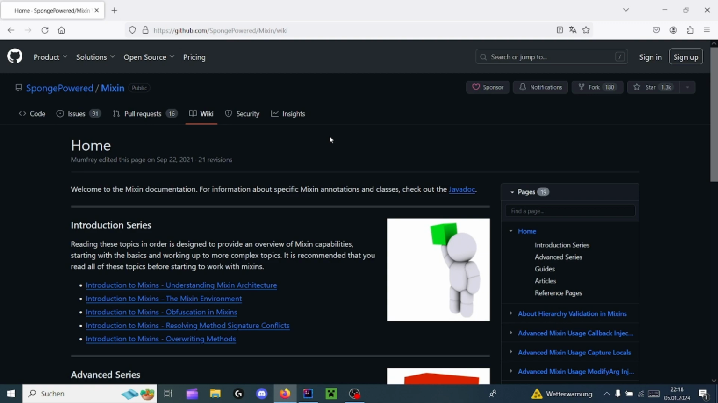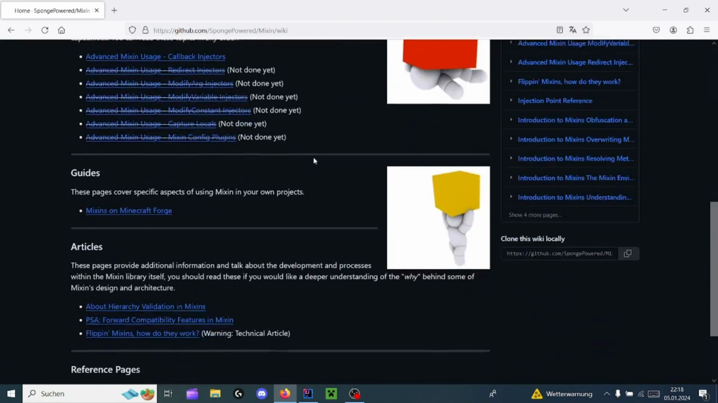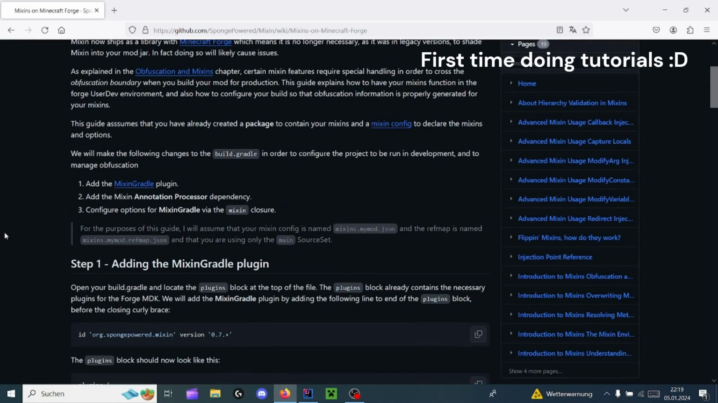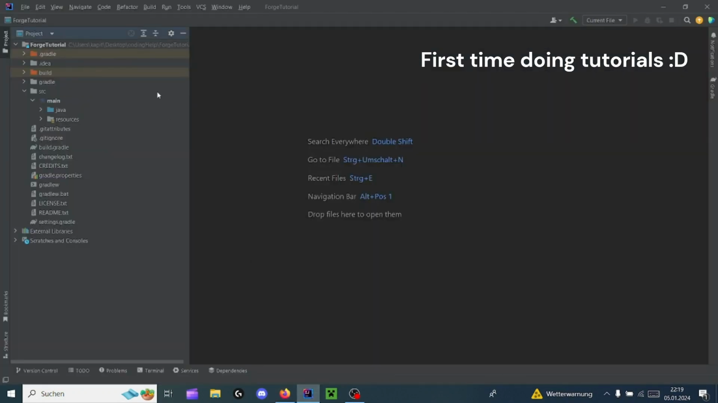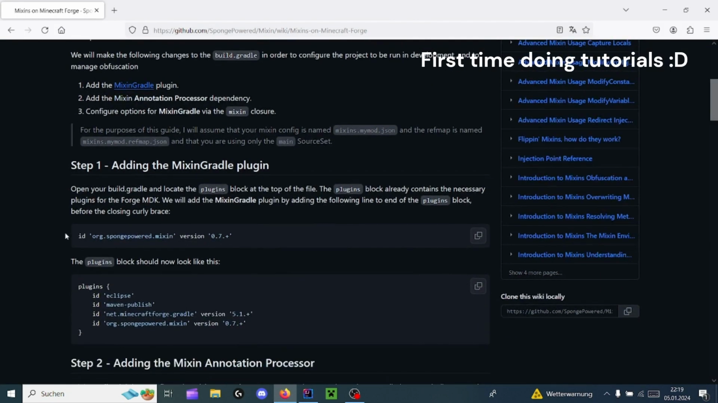what mixins are, what they do, or how to set them up. So in this tutorial, I'll be doing that. Okay, go to build.gradle. First of all, in your build.gradle file, you will need